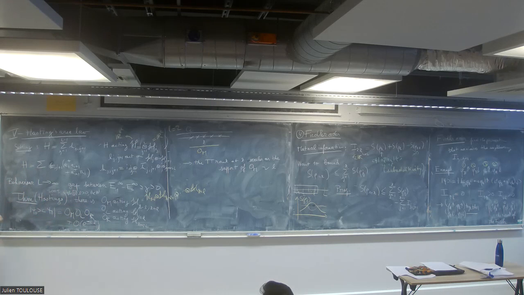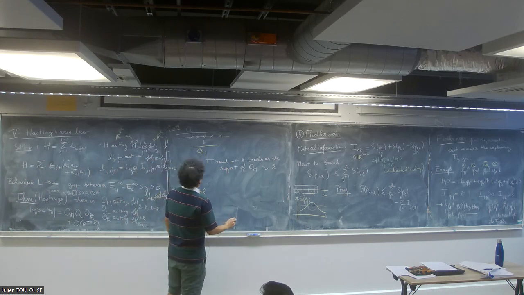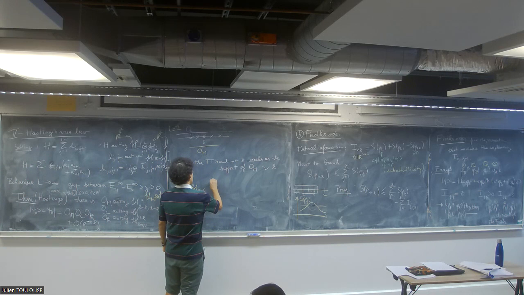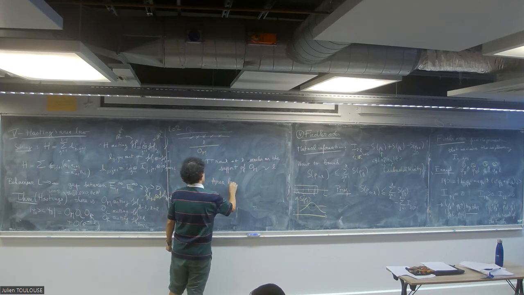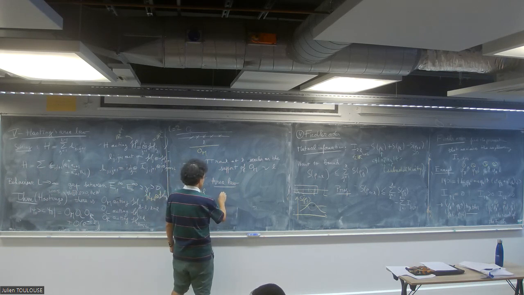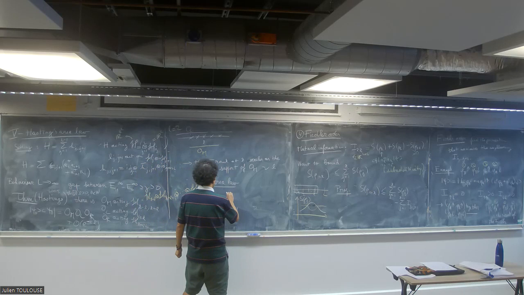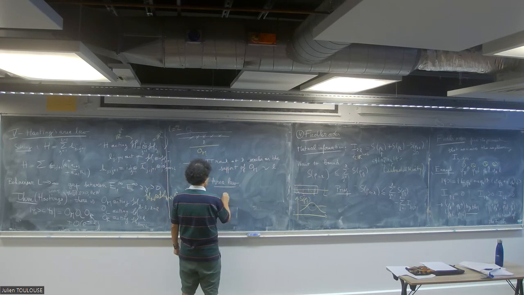So where's the area? Why do we call it area? It's called the area law. So why is it called the area law? It's related to how the entropy scales with the size of your reduced density matrix. So let's just